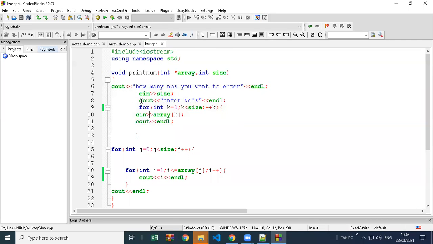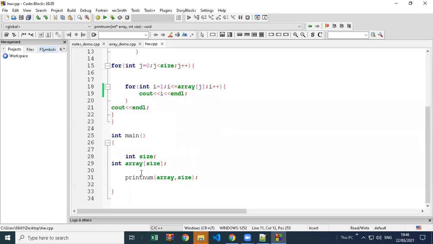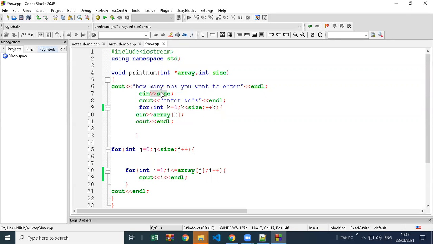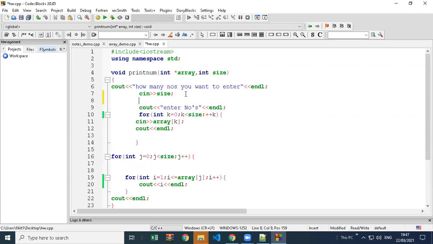And this code is also working, but this code will not work in other languages like Java, because in Java when we create an array we have to give the size. So you can actually give the size later, meaning you don't have to give it here, because it is taking 0. You have seen the size is 0. You are taking the size value from the user, and then you can create one array and put the size here. Currently it's working, so there is no requirement of doing this.